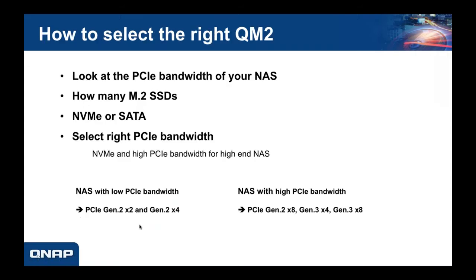So how do you select the right QM2? Well, first you look at the PCIe bandwidth of your NAS, because you're going to probably want to match your QM2 PCIe bandwidth with your NAS PCIe bandwidth. Decide how many M.2 SSDs you want, 2 or 4. Decide NVMe or SATA, and then choose a QM2 with the right PCIe bandwidth, probably the same PCIe bandwidth as